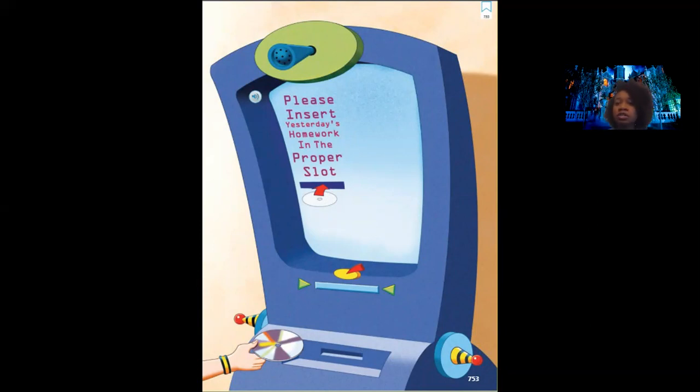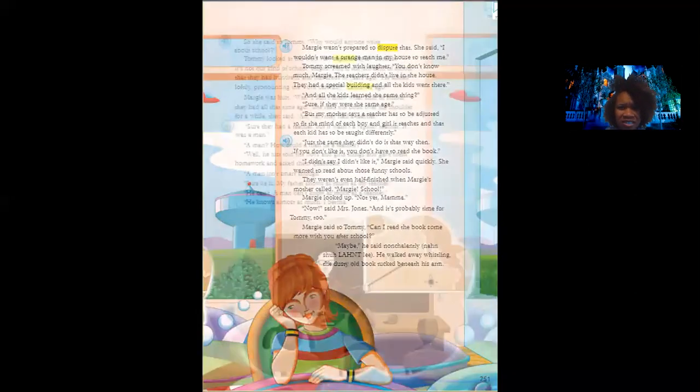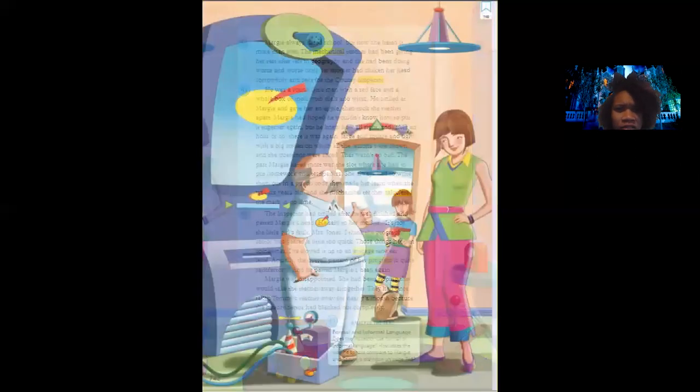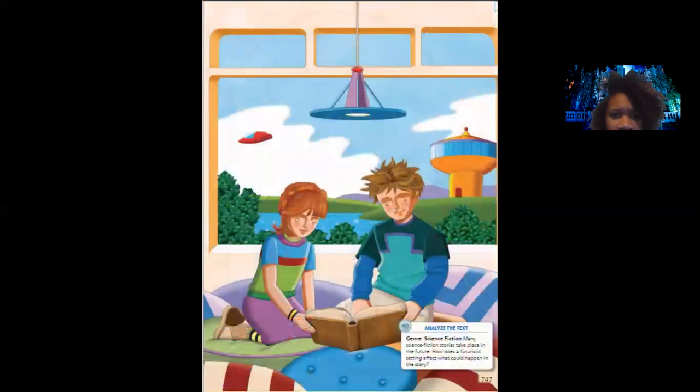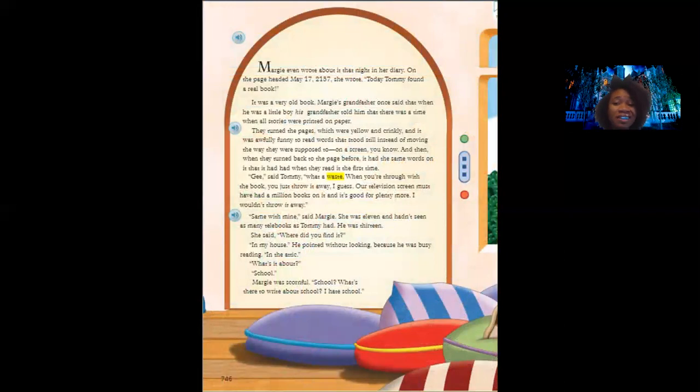So when you are doing the writing assignment, I want you to think about those differences between you guys as students in 2020, and this is like even 100 years. We're going to go back to the beginning eventually, 2157. Right? So that's still so many years from now, right? So just think about that. We're almost in May. We're not going to rush it. It's still April. We're almost in May.